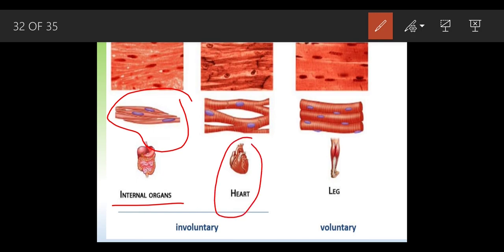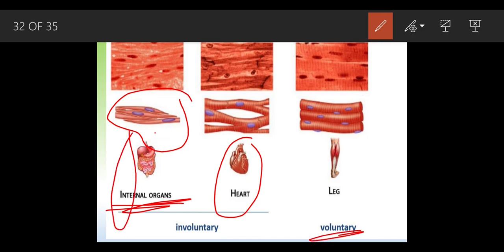This is cardiac muscles which are present in the walls of the heart. How they are branch form. Okay, and they are not the branch form. If you are going to see of this internal organs, so we can see they are the pointed end. Okay, how it pointed end means like this.